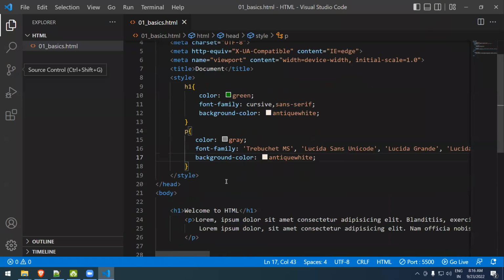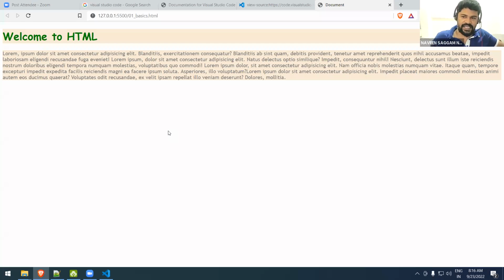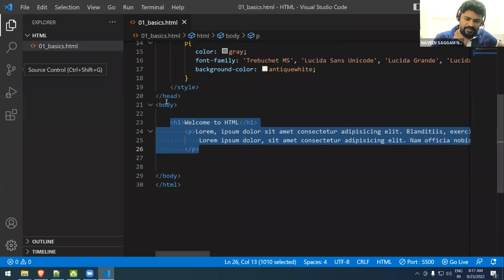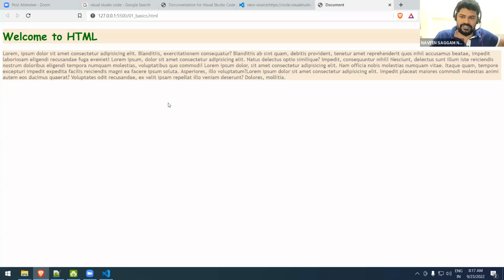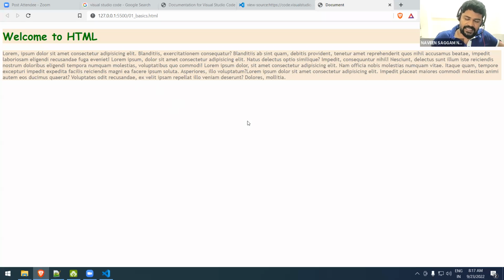Apply it for the entire body tag. Yes, exactly. Body. Because the body indicates the complete screen of your page, right? The complete background of your page, because all the tags you're going to write are inside the body only. So body indicates the whole page of your screen. Anything you want to apply for the whole screen goes with